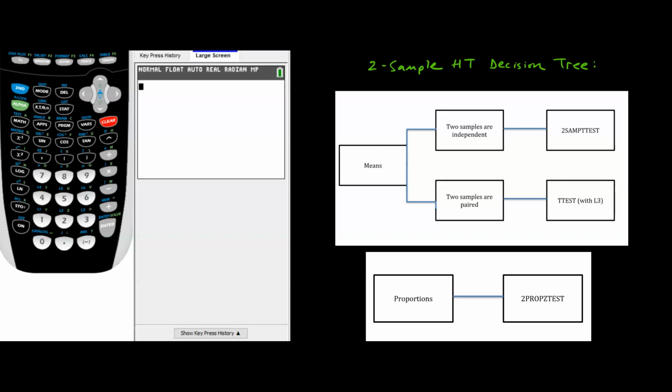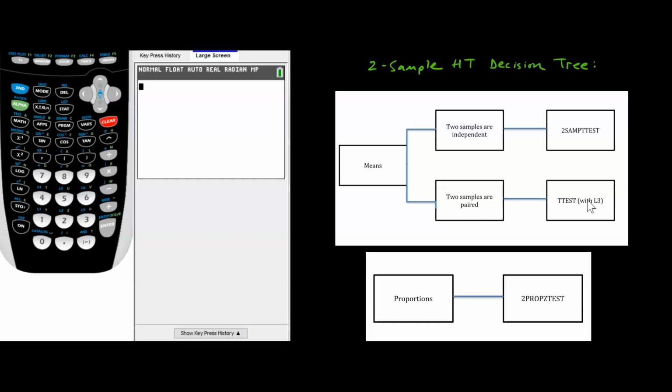So in this module, we have talked about two sample hypothesis tests, some that involve means, some that involve proportions. When they involve means, we have to ask ourselves, are the two samples independent or are the two samples paired? And we've seen that when the two samples are independent, we end up using the tool in the calculator 2SAMP t-test. When the two samples are paired, we end up using t-test,